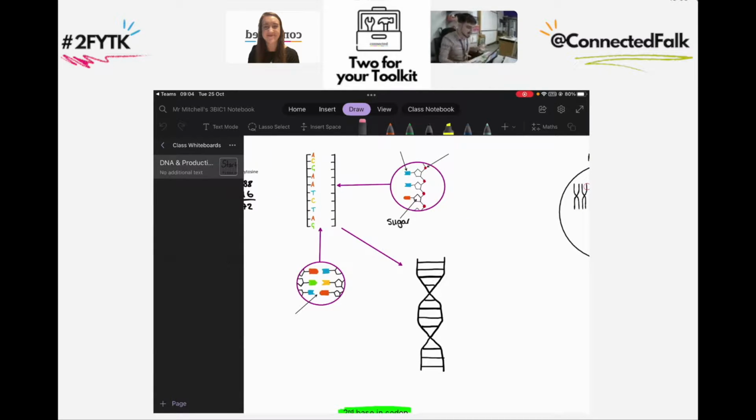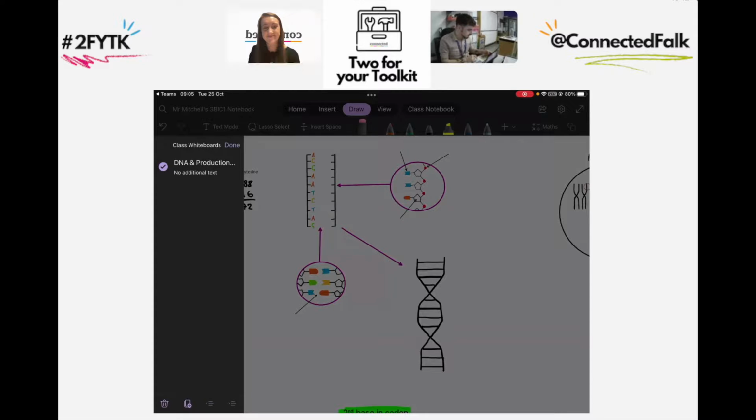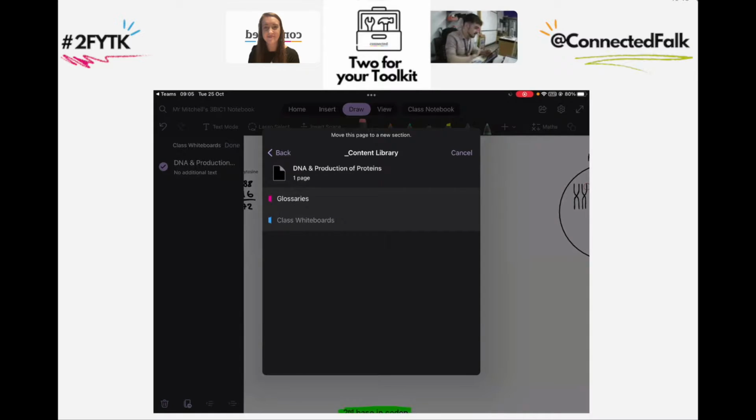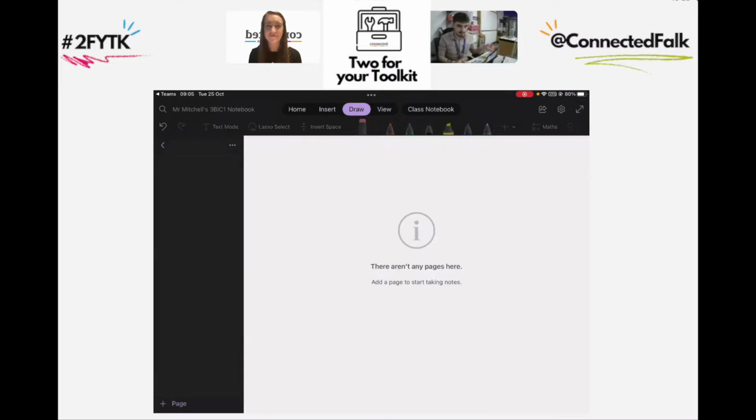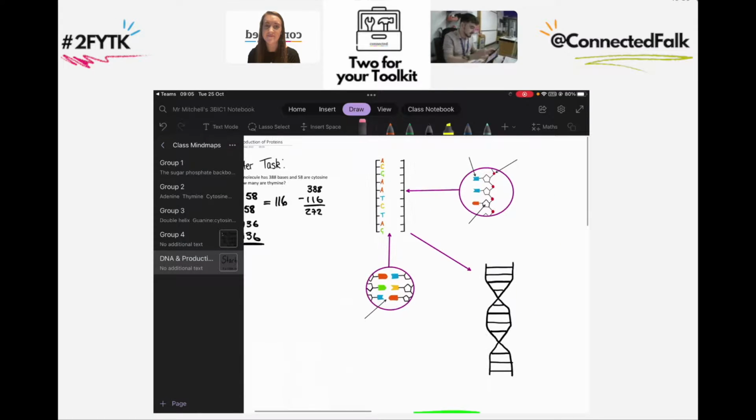And as you can see, other than this bit of sugar here, I'll rub that out, this is a blank diagram. So what I can do is I can hold this here, and then down the bottom, you've got this bit here. If you go to move, you can add that into your collaboration space. Okay, so I'll just pop into my class mind maps bit, and it moves that across. If you want to keep one here and one in the collaboration space, you would just click copy, but I've just moved it across. So when I go into my collaboration space now, it opens up in here,